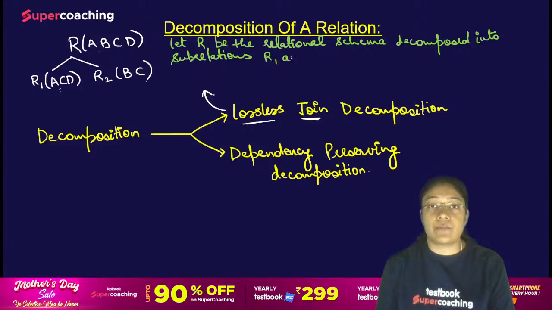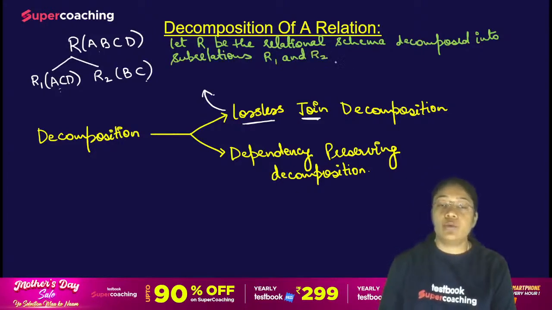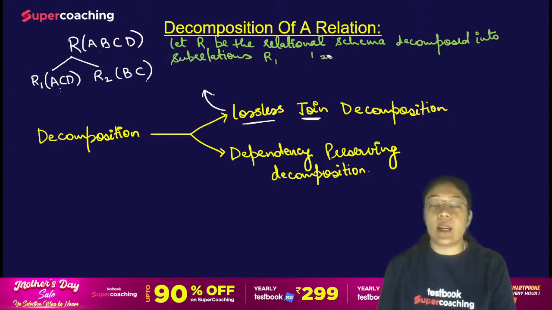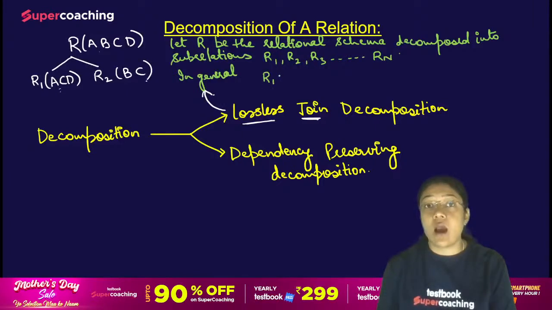Or let's take the general definition. Let us assume that it is divided into n subrelations, R1, R2, and R3, and so on up to Rn. Okay, so in general, I want to say that after joining all these subrelations, R1 join R2, अगर इन सारे subrelations को join करते हैं, then we should get,